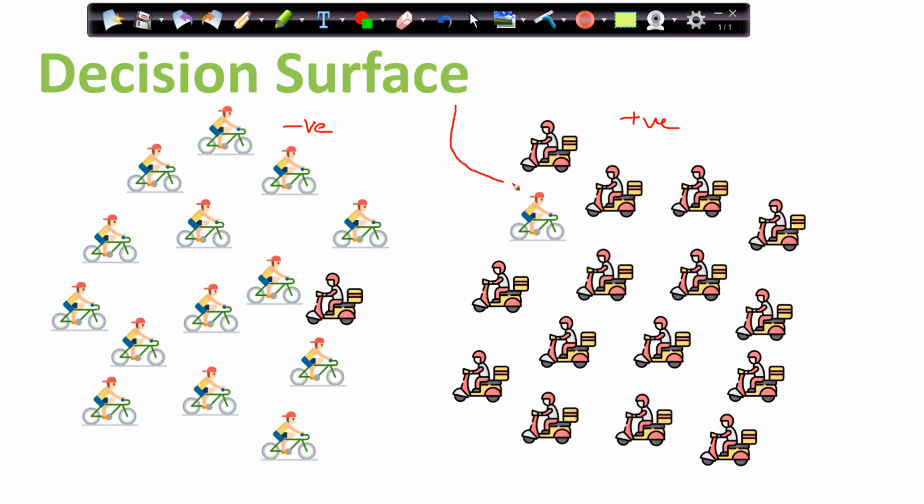You will do something like this. That will be the line. Now here it is very much segregated, right? Any record towards the left of this red line is negative. Those guys are going to the office by bicycle. Any points towards the right side of the red line are positives. Those are going to the office by scooter.